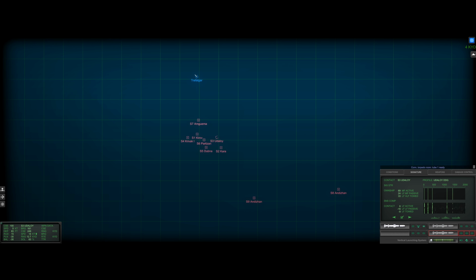Con, torpedo room, tube 1 ready. Now, Intel reckons that they've not long resupplied. Passing 100 feet. And that looks to be the case because we've got some merchant navy, for want of a better expression, some resupply ships bobbing along around here too. To disrupt them, you might think just means...